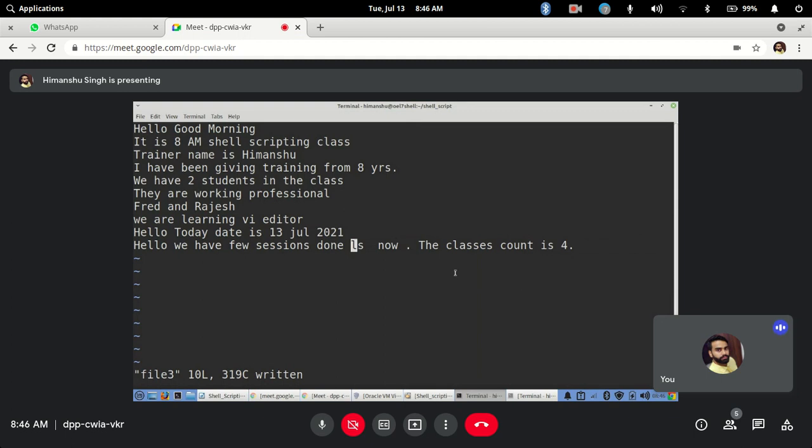Earlier we used x for deleting a character. Now to delete a word, I have to use two keys together: d and w. I press d first and then w. DW is the short form for delete word.